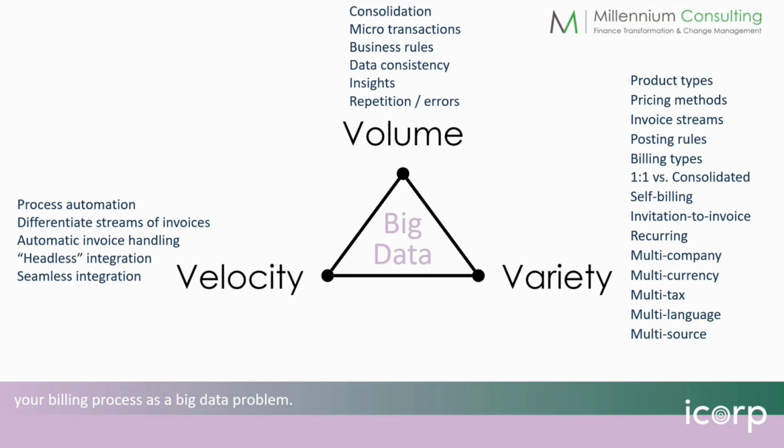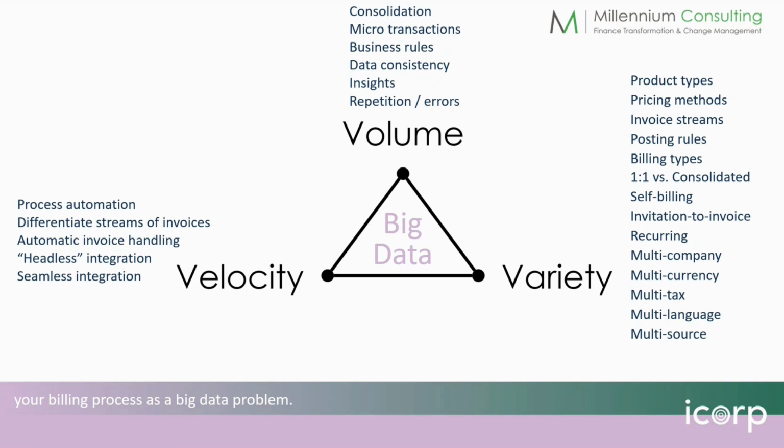It's not possible anymore for a single person to have a total overview of your billing ingredients, and it becomes really helpful to generate insights on your big data volume problem. And as the volume increases, sure, it might be repetitious work which can introduce errors. So this is an area where we need to support the people working in the billing process to minimize those